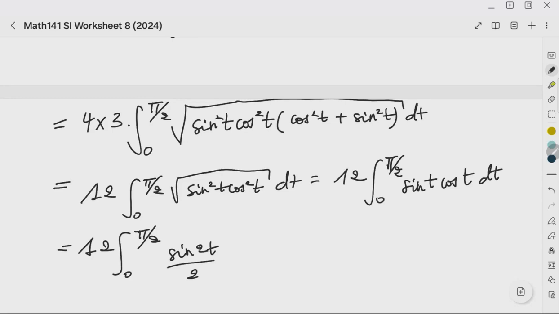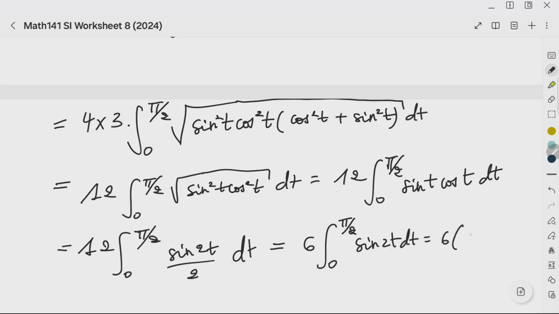Because sine 2t is 2 sine t cos t. They are divided by 2 to get rid of the 2. This is what we're integrating. So the 1 over 2 can come out from under the integral, and it divides the 12. So we have 6 multiplied by the integral from 0 to pi over 2 of sine 2t dt,